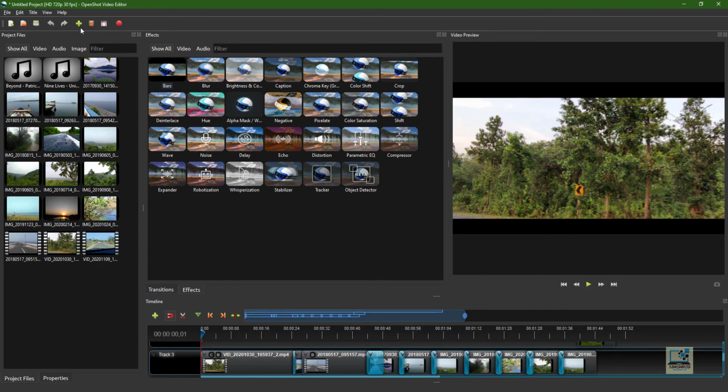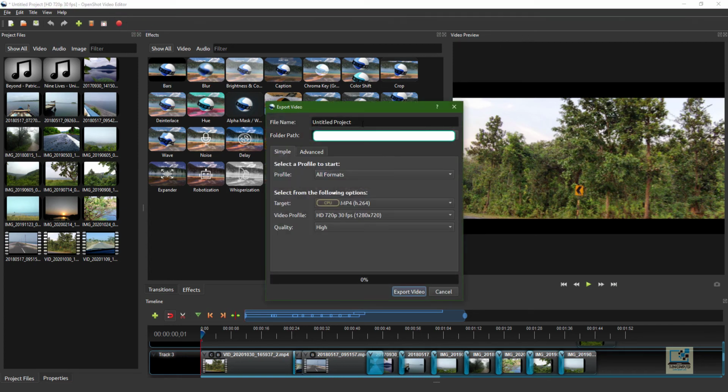Now once we have done the editing, let us try to produce the video. So we have to click on this option, which is export video, and we have to save it. Let's save it here only. While saving the video, you can also set the profile for the video, in which format you want, meaning in which type of device you are looking to play the video. Let us keep it in all format.